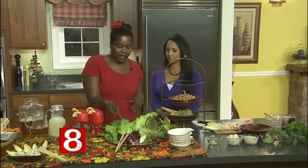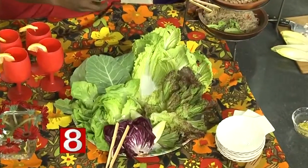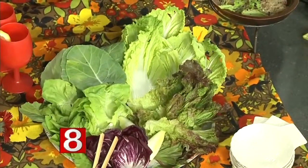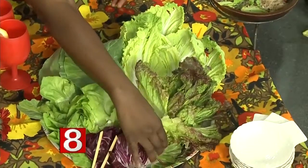So let's talk about the different wraps we have here. All right, so we have collard greens. So you can put the beans in here and then wrap them up. We have butter lettuce. That's always nice. We have beautiful purple romaine. We have radicchio. And then for the low-fat